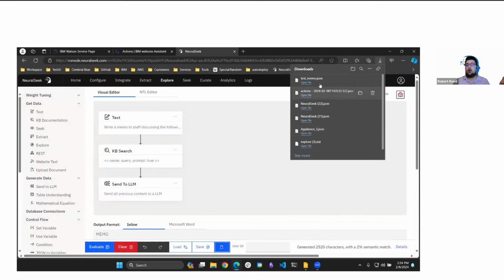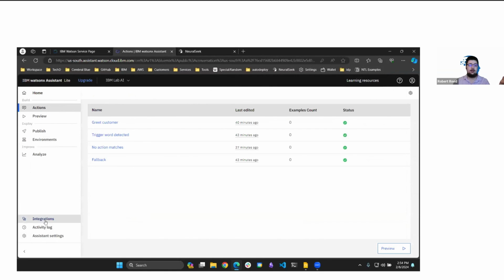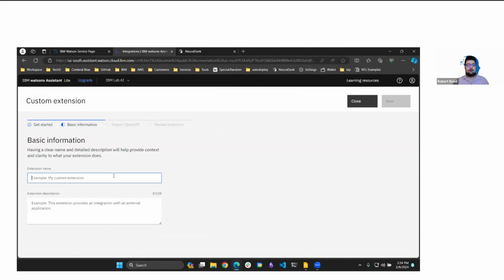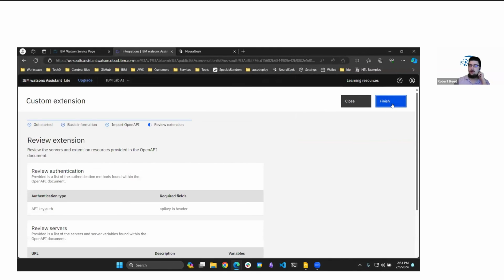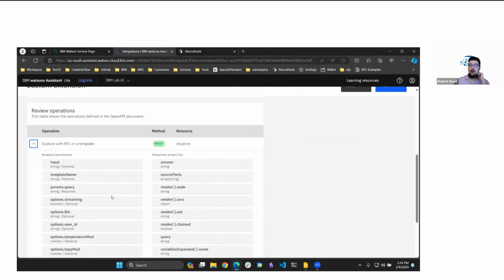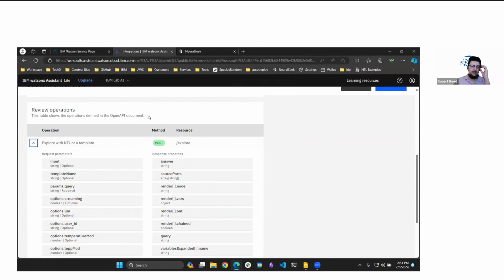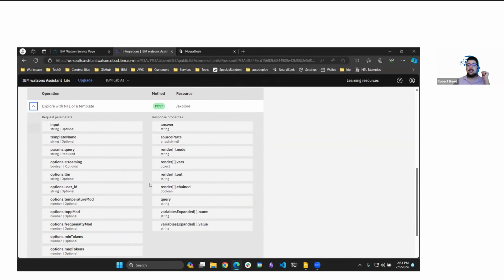So we can generate the OpenAPI spec for this and then come over here to Watson Assistant into the integrations, build a custom extension again. And then we can grab that test memo and set it up. And you see there's only one available call. You can do this again with the REST API available to NeuralSeek, but you can additionally build out flows that are designed to be used with watsonx Assistant and do a quick export and quick import